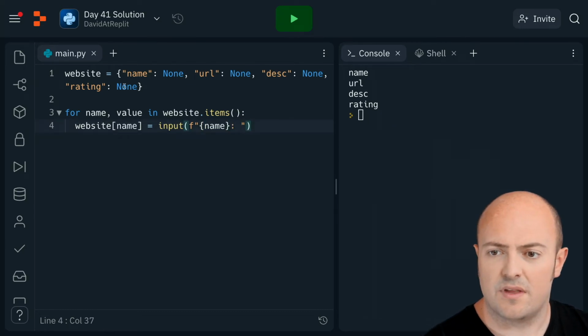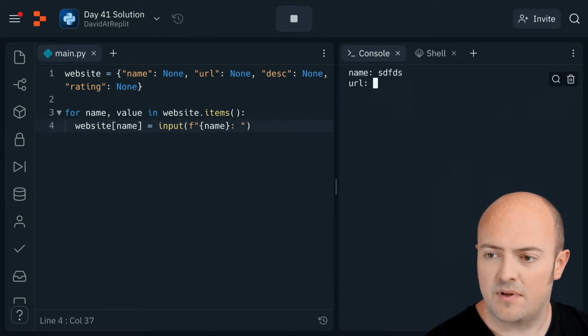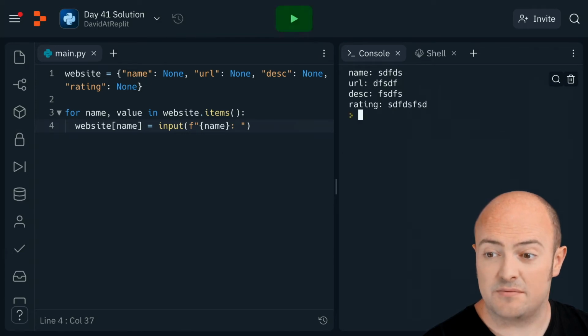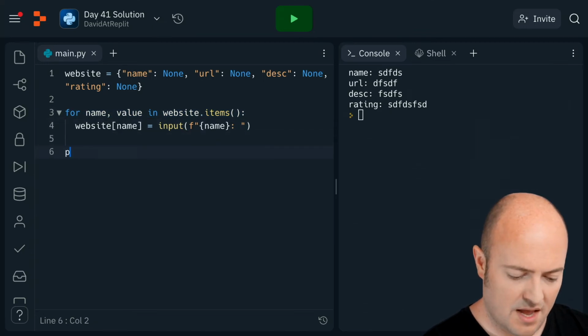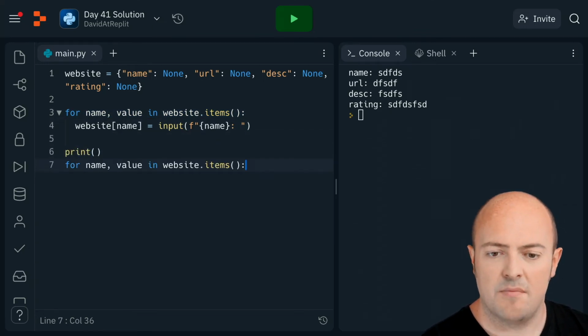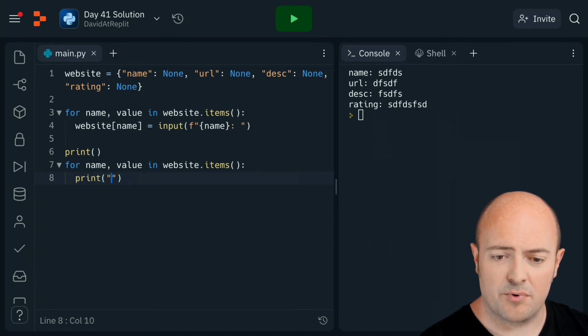So watch what happens when I run it. It's going to say name. It's going to say URL. And this is actually being stored in the right place, interestingly. Can't see that yet. So what I'm going to do, I'm going to take this again. I'm going to print out a bit of a gap. Pop that in there again. And this time I'm going to print out,